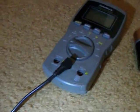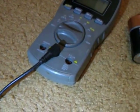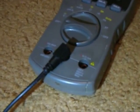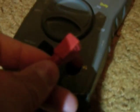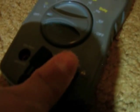The first thing you'll want to measure is voltage, and it's fairly simple. Just plug the black wire into the common plug, and get your red wire and plug it into the jack labeled volts. And then we can measure the voltage. Just spin the dial to the volts, then get the two probes, and let's measure the voltage of a diesel